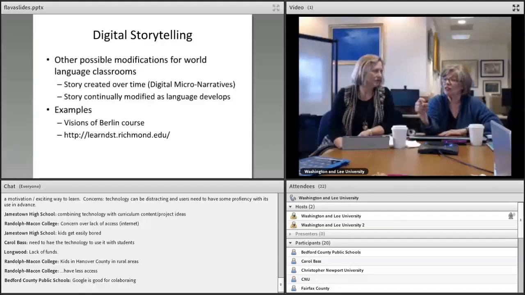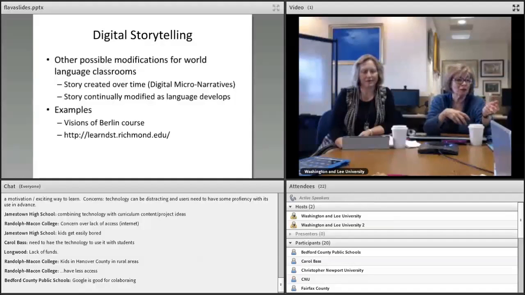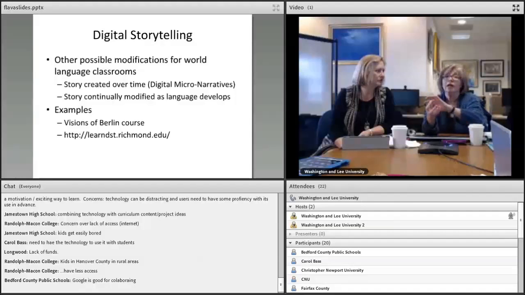Or they could work together, since they all had the same hashtag, and combine and tell a story about the day we went to, this was the Normandy beaches, so the day we went to the Normandy beaches, and talk about that. And they could present the pictures and text, and then they could build on that with a recorded story as a more advanced thing. So created over time is one.